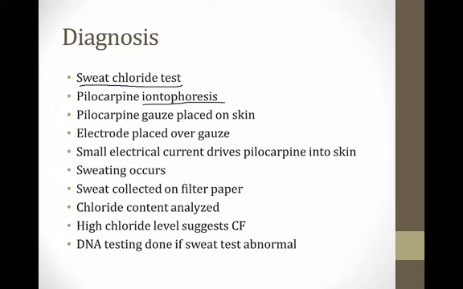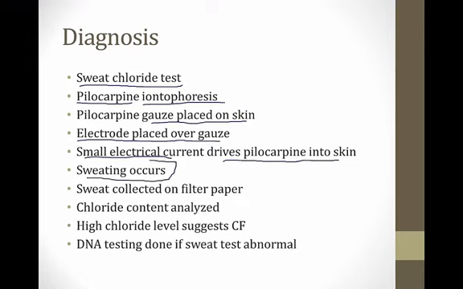And iontophoresis means using an electrical field for a test. And recall that pilocarpine is a muscarinic agonist. It's a parasympathetic agonist that's going to induce sweating in the child. So what you do is you put some pilocarpine on a gauze and you place it on the skin, and then an electrode is placed over the gauze, and a small electrical current drives pilocarpine into the skin, and this